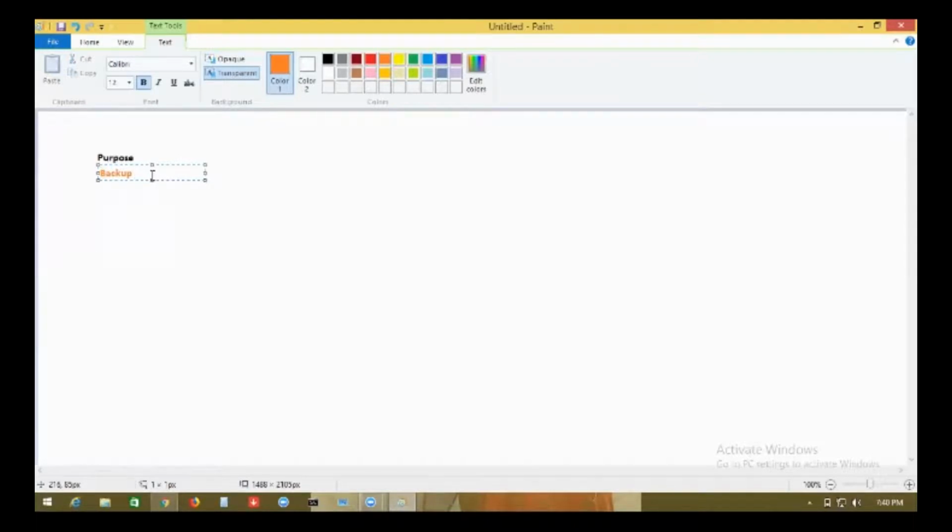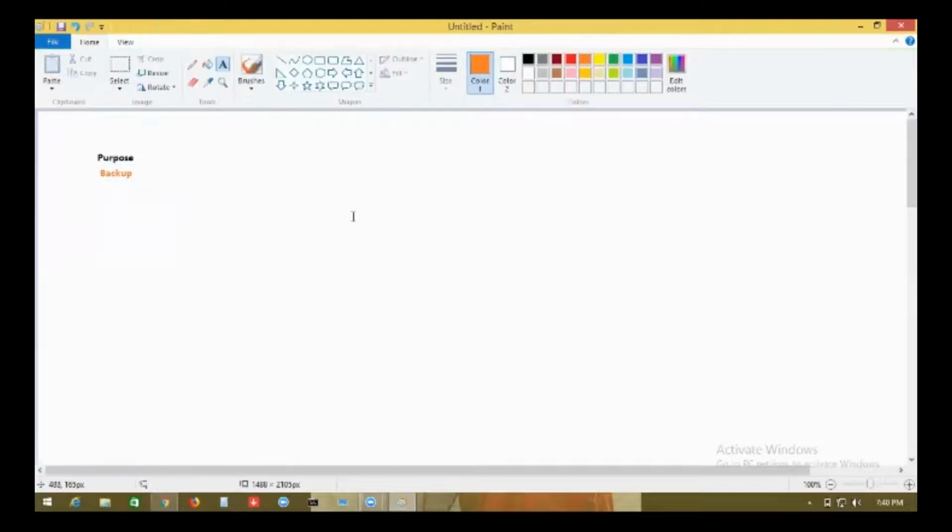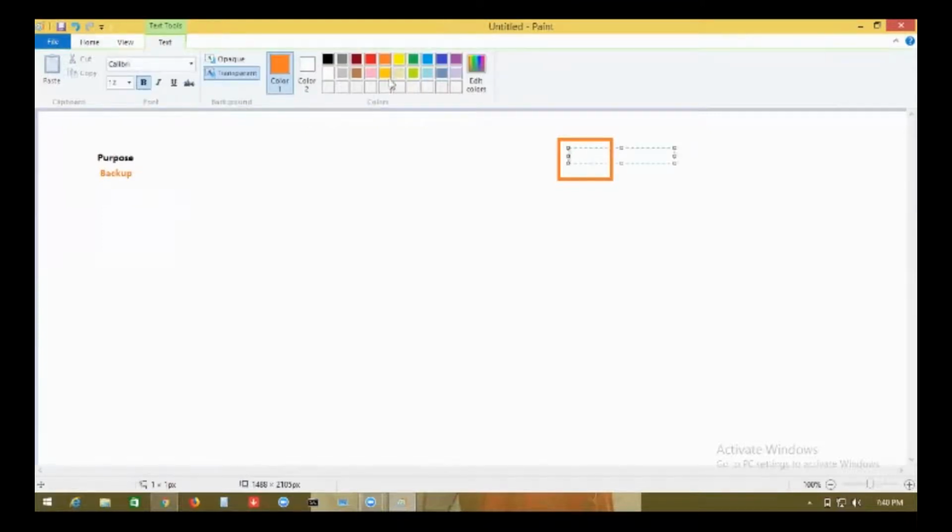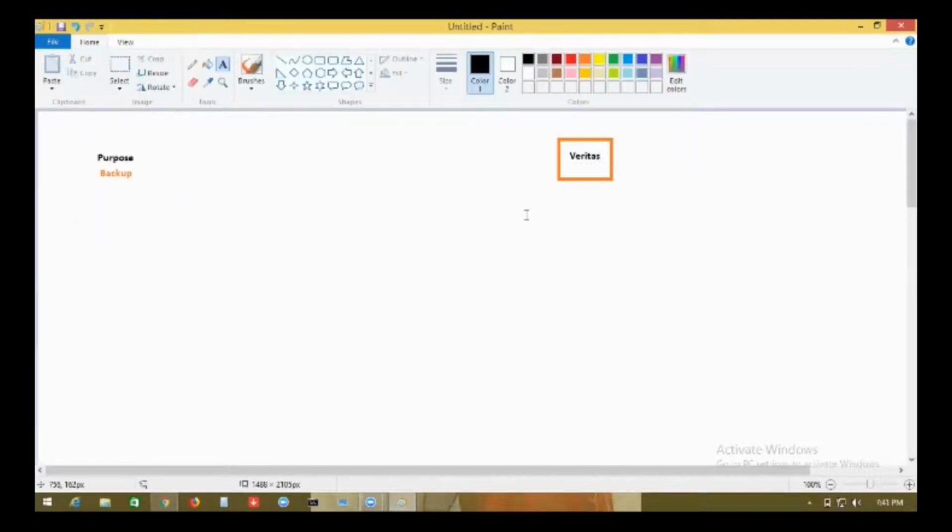So, I see this as a very rough angle. What I am saying is that I am going to create a VM, and within the VM I am going to install a backup software like Veritas. Don't worry about the names. This is just a company that creates backup software.